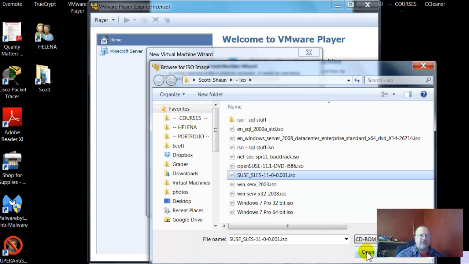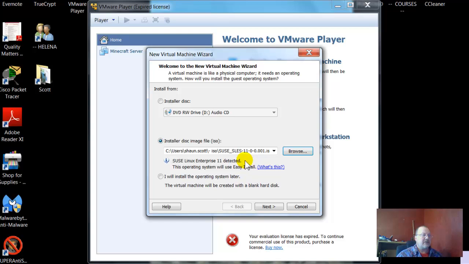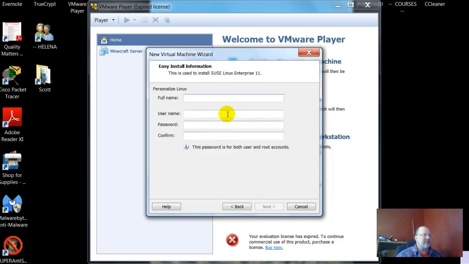You'll probably download that ISO from the classes drive, and it's under Computer Technology and Scott. Okay, so I'll go ahead and grab that. Let's go to next. Now the full name of the box is probably, let's just call this Fall 2013 Linux. It's just fine. My username, I'm going to keep something simple. I'm just going to call it Sean, and I'm going to leave the password as Sean